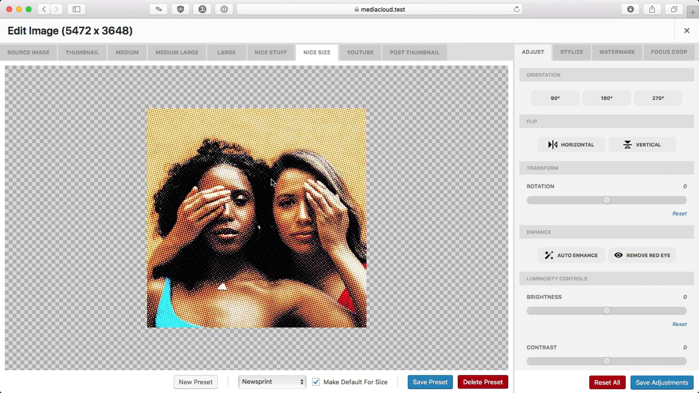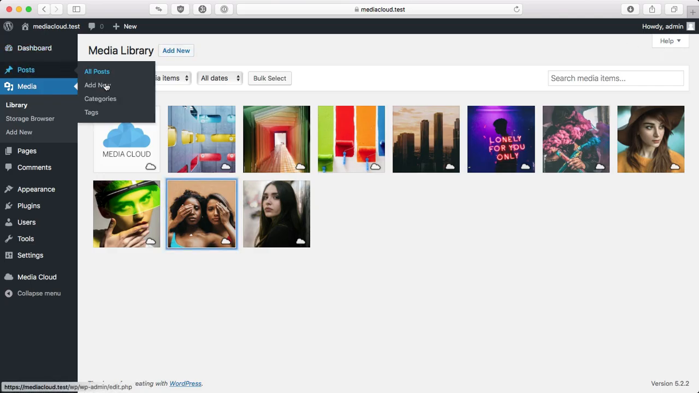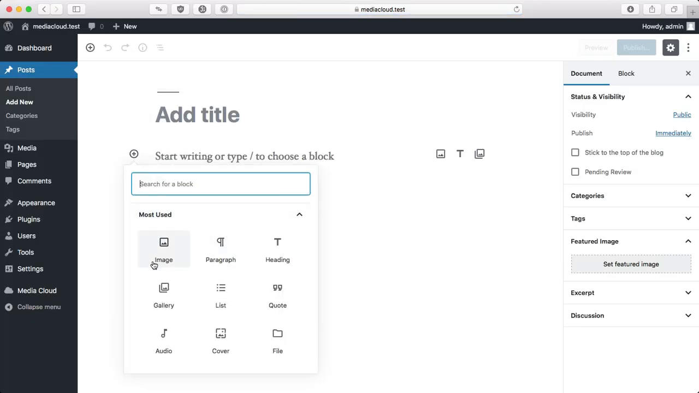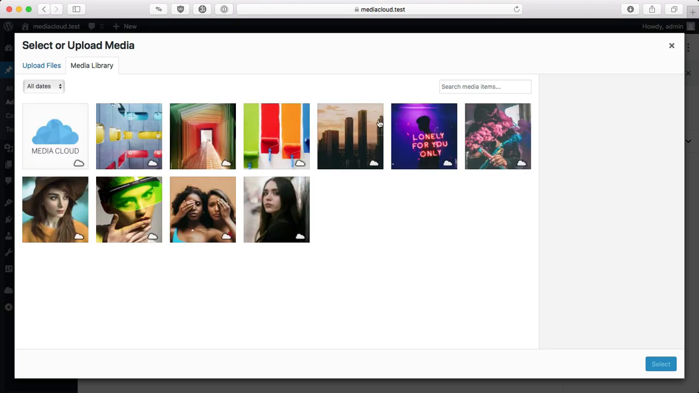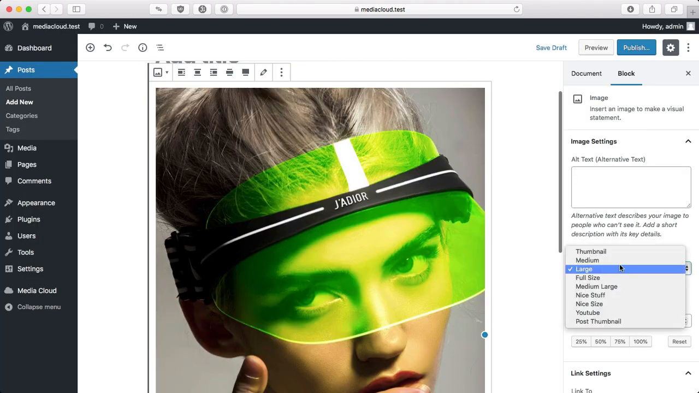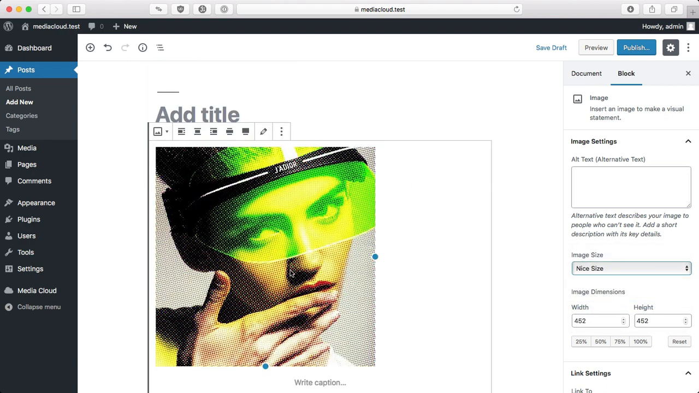We'll now use that preset's parameters, okay? And that works great if you're adding a new post. Come in here, add an image. Let's do this one. So that's the large. Let's do the nice size here, and you'll see that that's picked up all the parameters that we set up